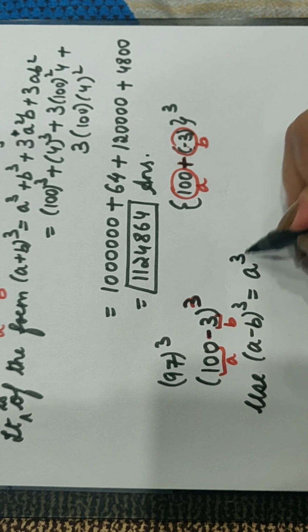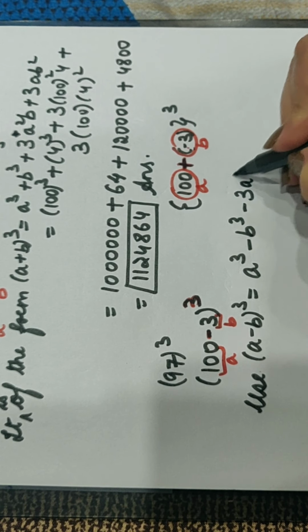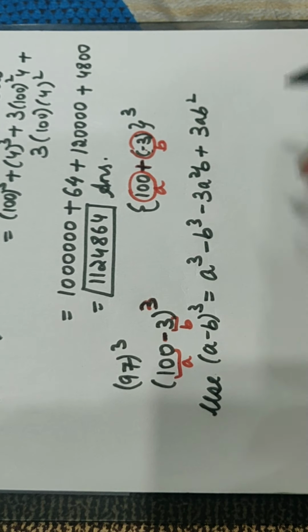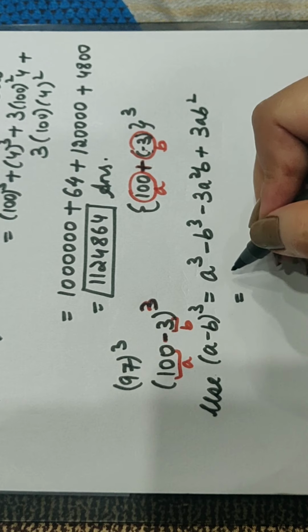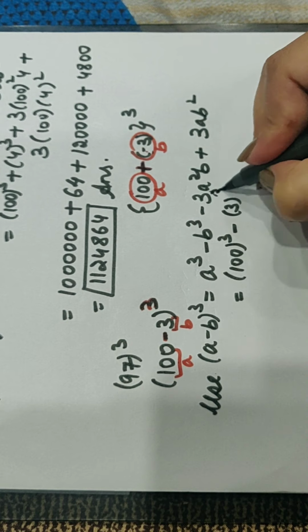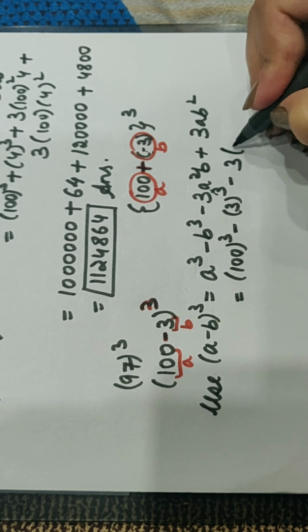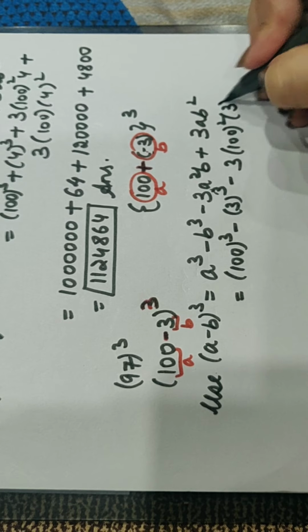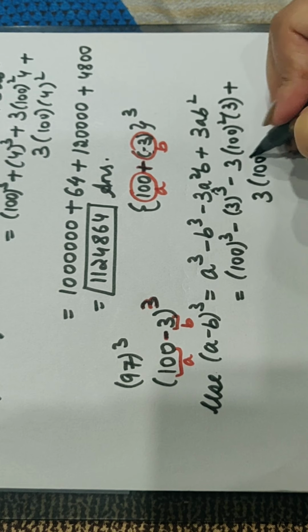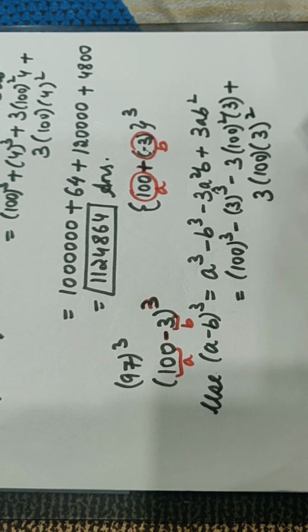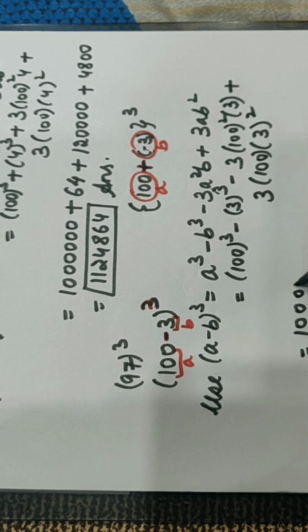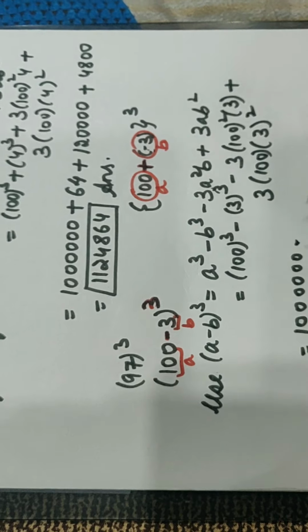(a minus b) whole cube is a cube minus b cube minus 3a square b plus 3ab square. We have done its derivation in the previous videos. This will be equal to 100 cube minus 3 cube minus 3 into 100 square into 3 plus 3ab square, that means 100 into 3 square. This will be equal to